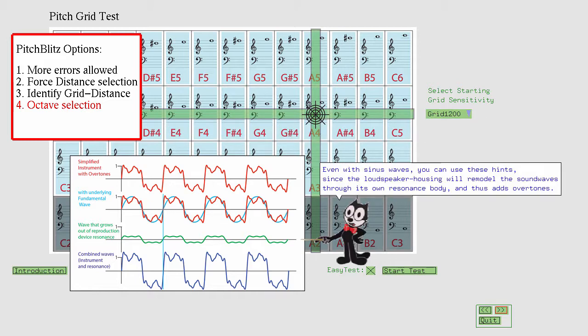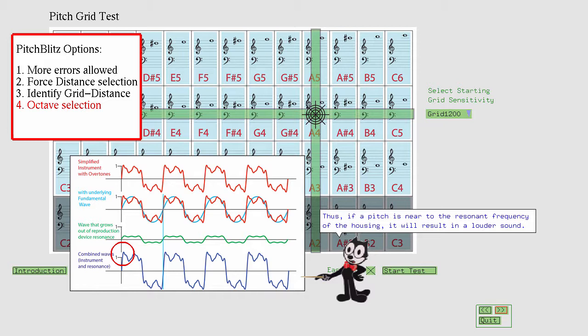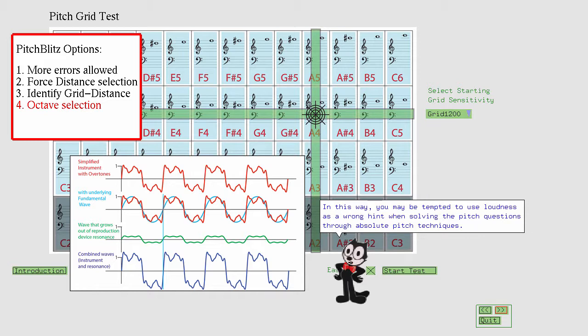Even with sine waves, you can use these hints, since the loudspeaker housing will remodel the sound waves through its own resonance body, and thus adds overtones. Thus, if a pitch is near to the resonant frequency of the housing, it will result in a louder sound. In this way, you may be tempted to use loudness as a wrong hint when solving the pitch questions through